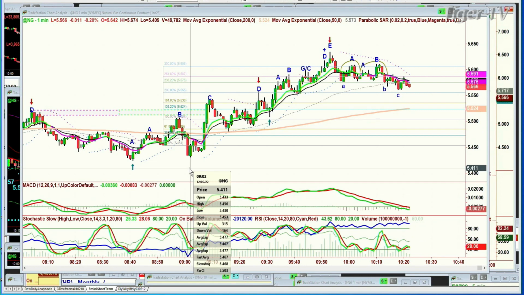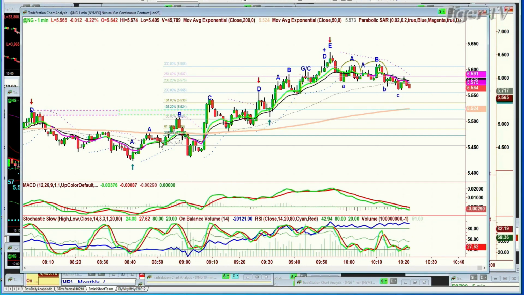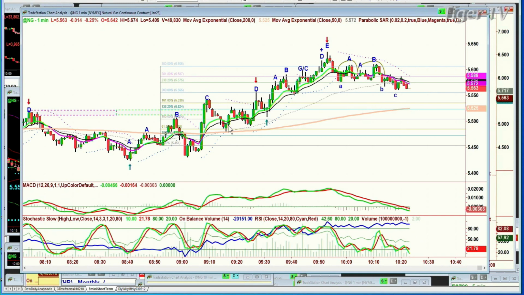At 5.43 at 9:02 this morning, and then it starts to rally, and all of a sudden, as it crosses the 200-period moving average, one of our tools goes green, and that green stays until it goes to a peak C, pulls back and comes back to do what? To say, hey, whoops, I forgot my hat. Sun's strong out there. I need my hat. So you pick up the hat at the 200-period moving average, and then it goes again, a gray peak A because it's under the previous peak C, and then it pulls back just a little bit, and it spirals up to a peak D. Your objective is met.